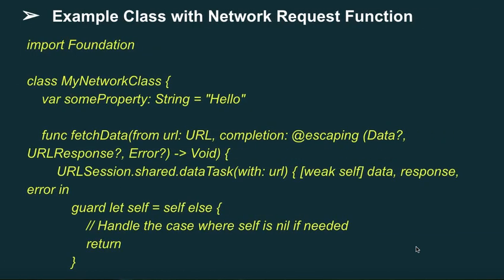Example class with network request function. import Foundation; class MyNetworkClass { var someProperty: String = "Hello". func fetchData(from url: URL, completion: @escaping (Data?, URLResponse?, Error?) -> Void) { URLSession.shared.dataTask(with: url) { [weak self] data, response, error in guard let self = self else { // Handle the case where self is nil if needed return }